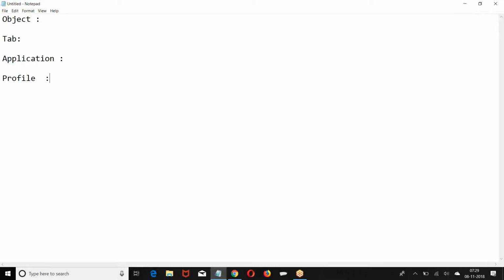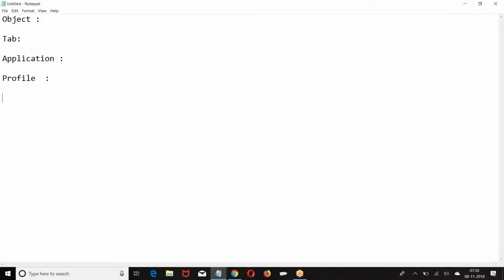Can I create automation rules? Can I create validation rules? Everything is specified by profile. Profile will tell what a user can do after logging in. Once you log into the application, what are the permissions given to you? What you are permitted to see? What you are permitted to work on? That is given by profile.